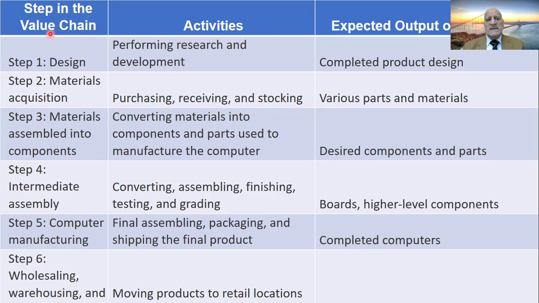As for the step in the value chain, step number one, which is design. In this step, the activities are performing research and development, and the expected output of activities are